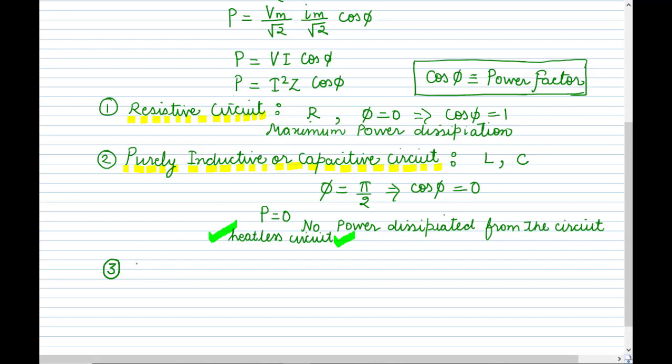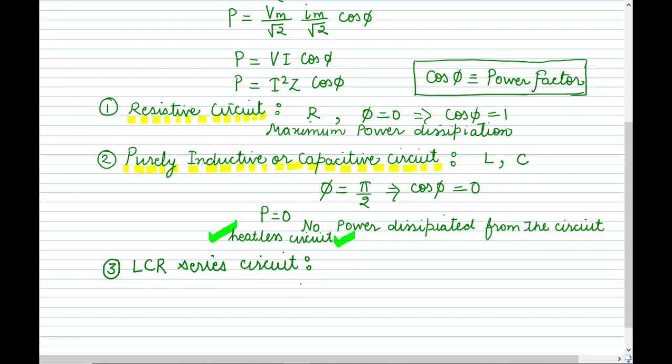But what happens if we have a combination of all these three? If we are having the resistance, the inductor and the capacitor, then we call it an LCR circuit, and these three are connected in series. So that we call an LCR series circuit. This we have done in the chapter of alternating current. If you want to go into detail, you can refer to my lecture, the link is given below.